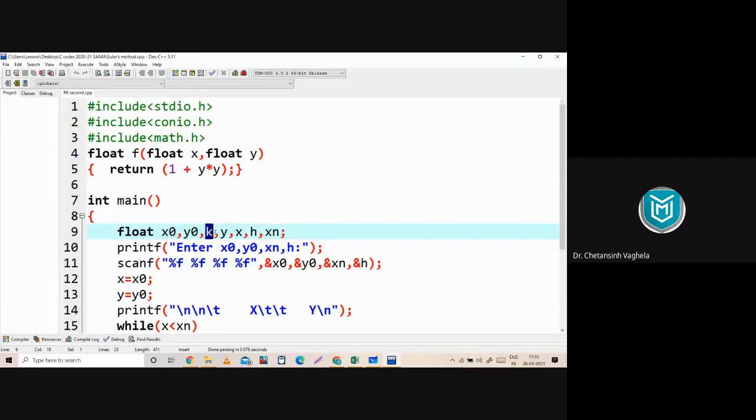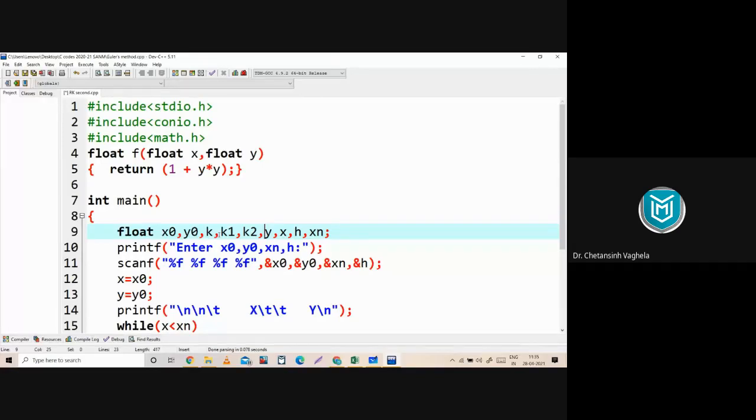Because in Euler's method, we don't have K1, K2, but in RK second order, we have. So let me write K1, comma, K2. As you can see, we have introduced K1 and K2 here because we need them in RK second order. So this is our change number 1. We need to introduce K1 and K2 here.